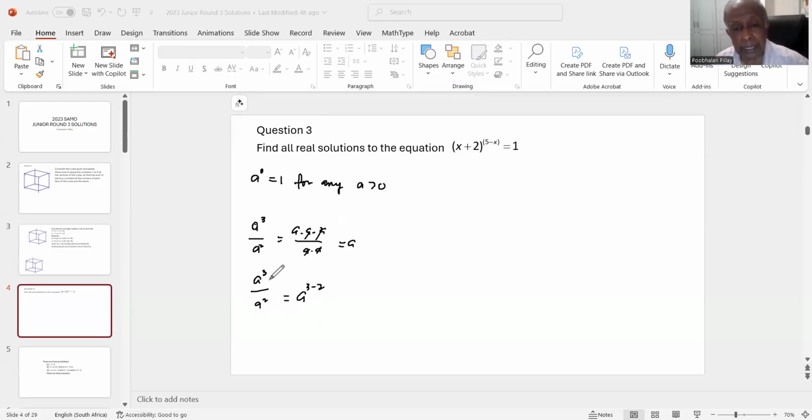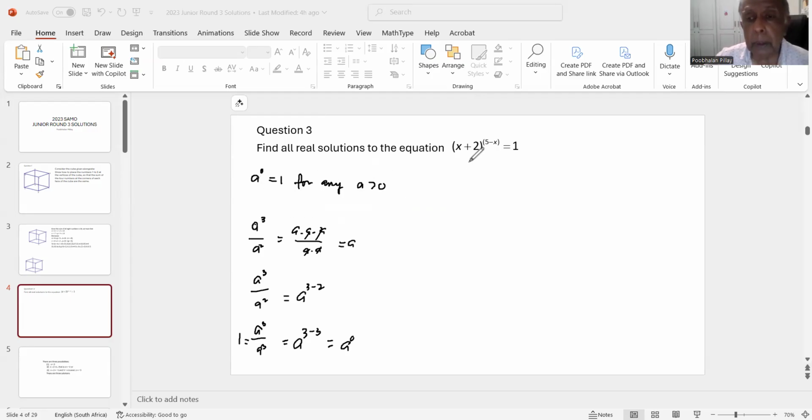Because these two will cancel off with those two, and you're left with just that. So in the same way, if you want to extend that idea, a cubed over a cubed is equal to 1, but that's the same as a to the power of 3 minus 3, which is a to the power of 0. You see? So you extend this idea that you subtract the indices and you get that a to the 0